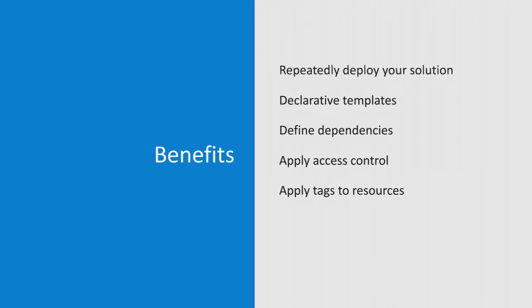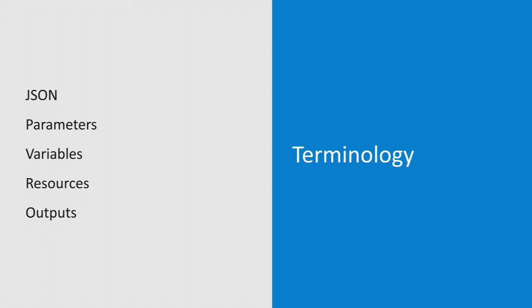Define dependencies, apply access control, and apply tags to resources. That second bullet point there is the declarative template. Again, we're declaring our infrastructure as opposed to writing scripts to do it for us. Now, I already kind of mentioned it. I mean, JSON's not super duper easy to read,